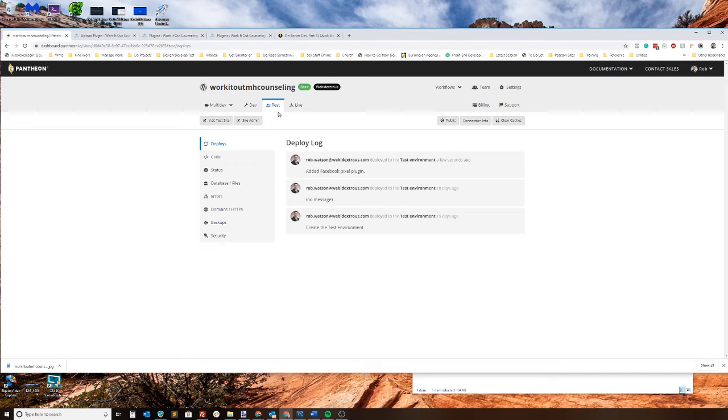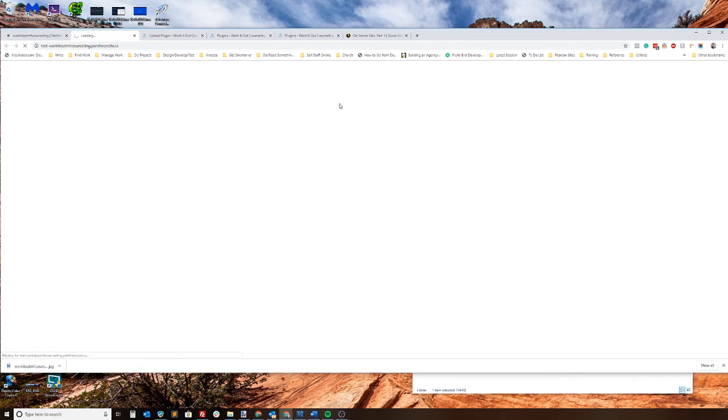Okay, so I still don't need to activate this plugin on test because test is test, right? We're moving it through the stages from dev to test to live. Now the reason we have a test site, and sometimes we forget this, is to try something out after we've added new code before we push it to live to make sure that the site does not break, right? So what I would normally do, if this were a plugin that is going to affect live, is go in here and visit the test site and see that everything is working after I've activated the plugin. But because this plugin really can't work and do its thing until it's on the live site,